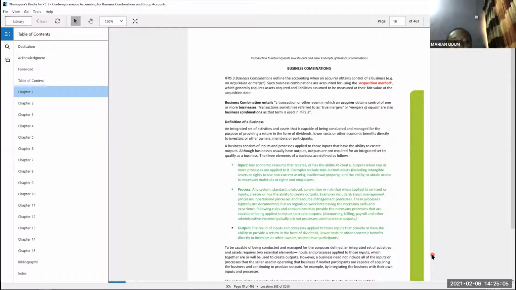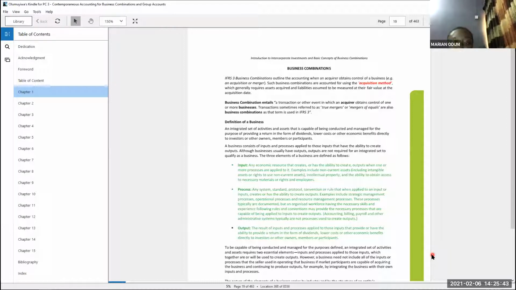A business consists of inputs and processes applied to those inputs that have the ability to create outputs. Although businesses usually have outputs, outputs are not required for an integrated set to qualify as a business. The three elements of a business are defined as follows. 1. Input: any economic resource that creates or has the ability to create output when one or more processes are applied to it. Examples include